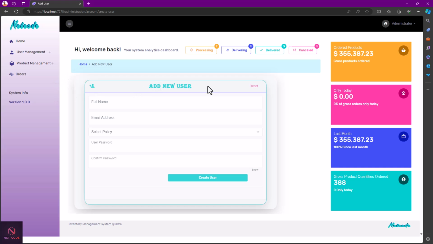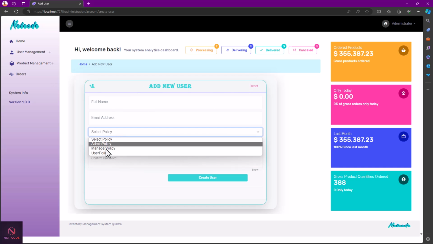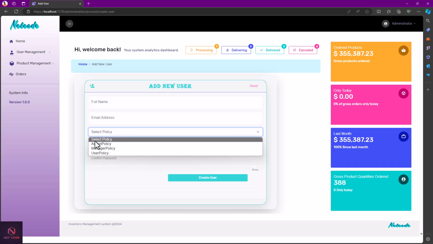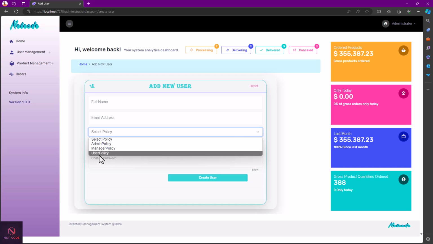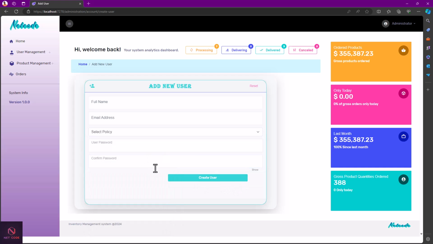So here you can add a new user. You can just fill the form. Here we're going to select the policy, and you can create whether you're an admin, manager, or user. You create a password for this user, and as soon as you're done, the user can now log in. When you go